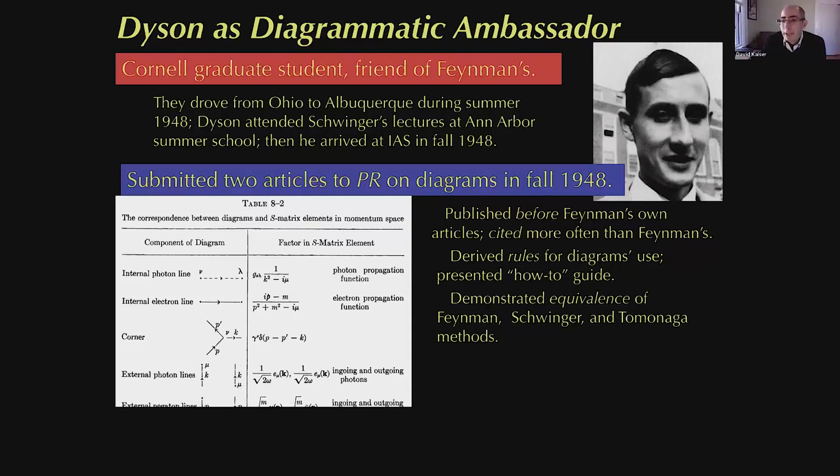And it was in these papers where Dyson demonstrates the mathematical equivalence of the 3 separate methods that by this point were on offer, those by Feynman, Schwinger, and then separately by Shinichiro Tomonaga, whom I mentioned briefly last time. Tomonaga was still in Tokyo. Japan was under US occupation after the war. Tomonaga had worked out a method remarkably similar to what Schwinger later came up with. They were working totally independent of each other, partly because of the war. Tomonaga had gotten there to many parts, not all the things Schwinger did, but a very similar framework and many of the same insights along the way.